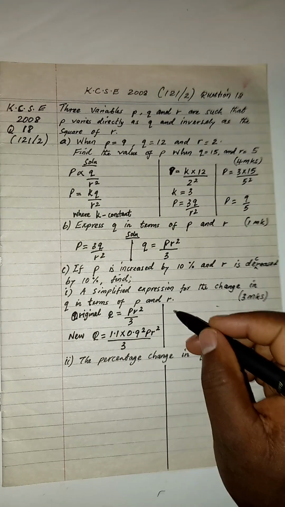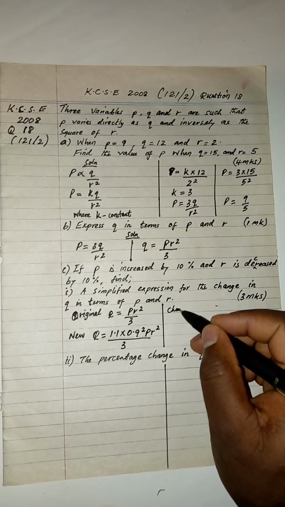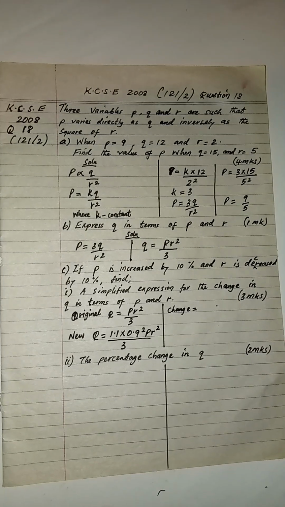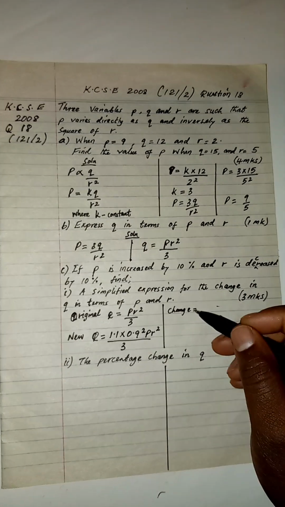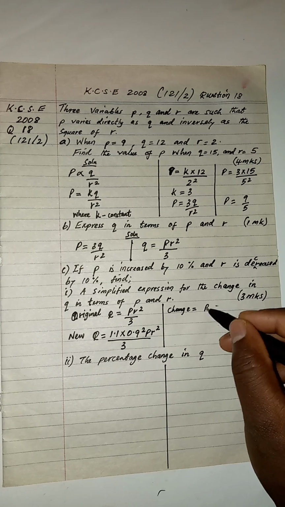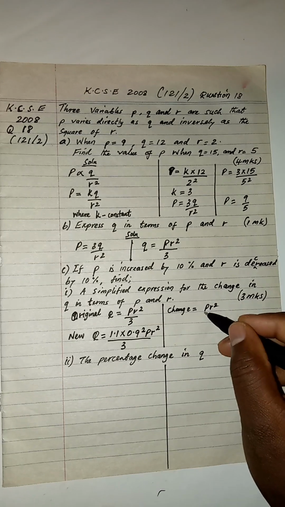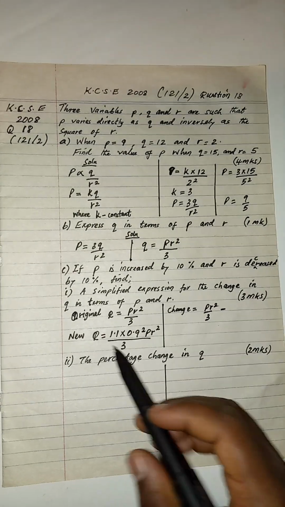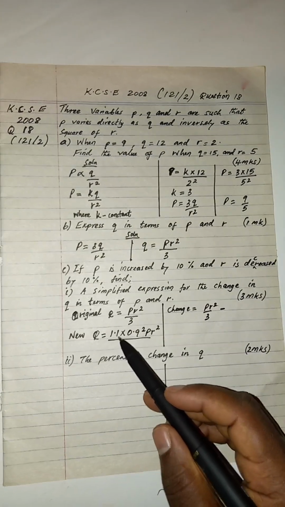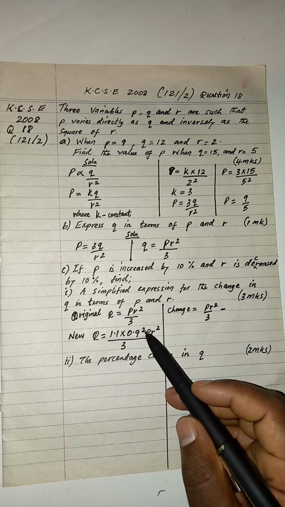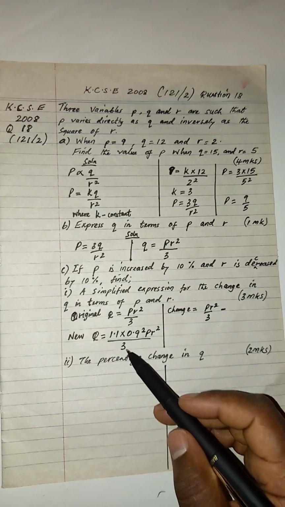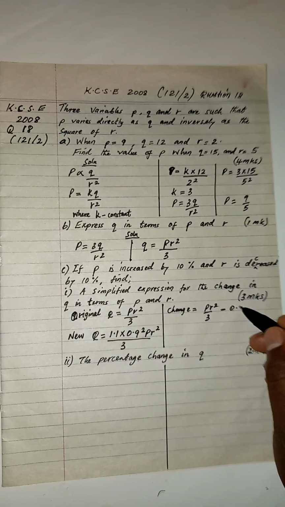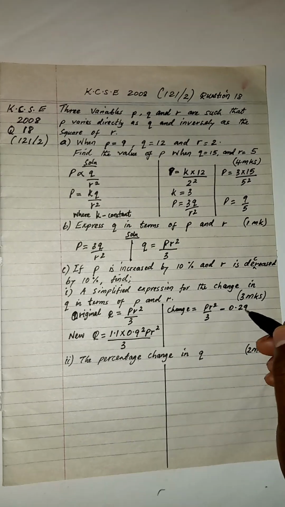Therefore, the change will be equal to the original, which is PR squared over 3, minus the new Q. If we simplify this, 1.1 times 0.9 squared over 3, it will give us 0.297